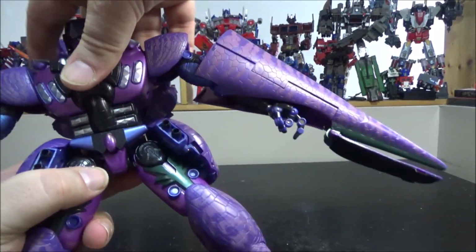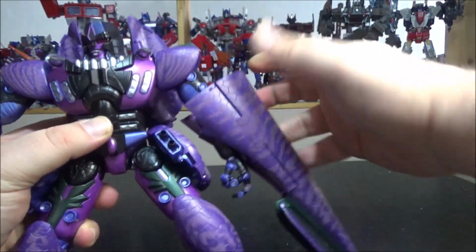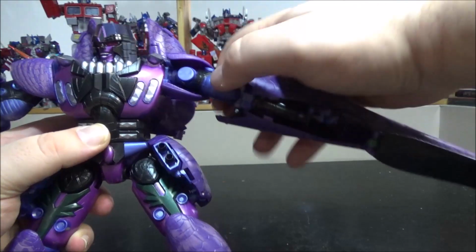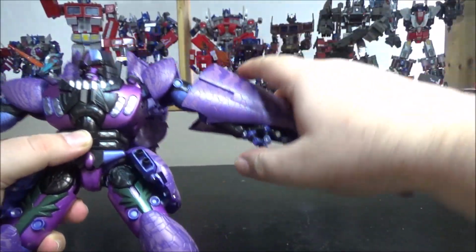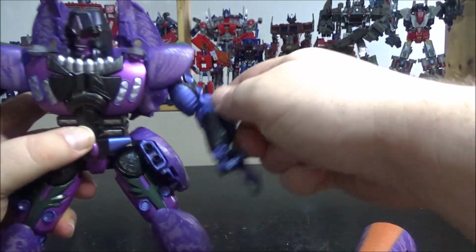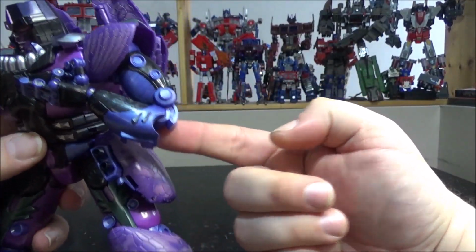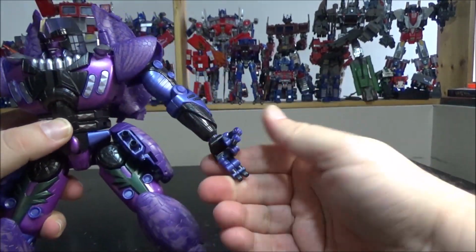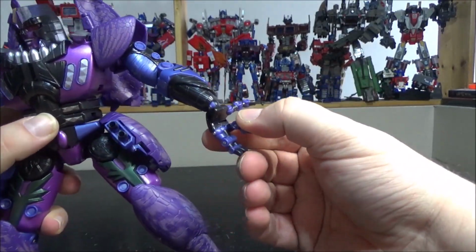We do have rotation at the elbow. We do have, again, rotation at the arm. Not much, but it's there. If you move this, you have rotation at the upper arm. Like this, you have an elbow bend. So, yeah, let's move this. You have rotation at the joint, sort of at the ball joint. We do have rotation at the wrist, and the fingers do have